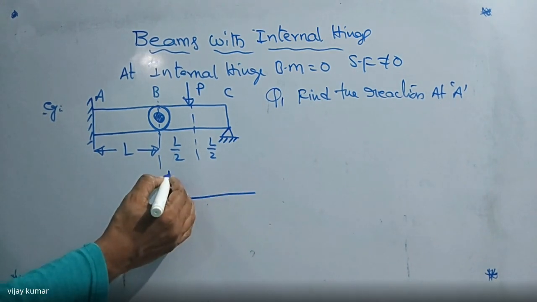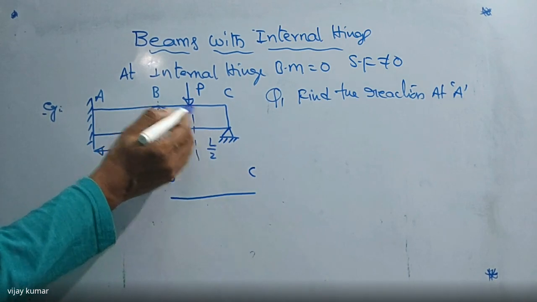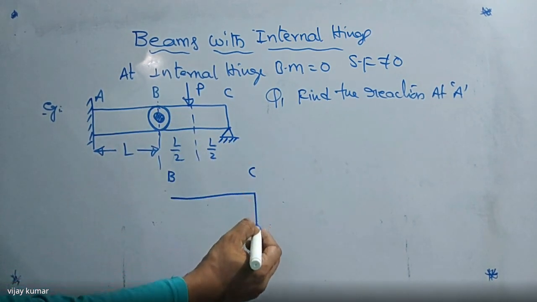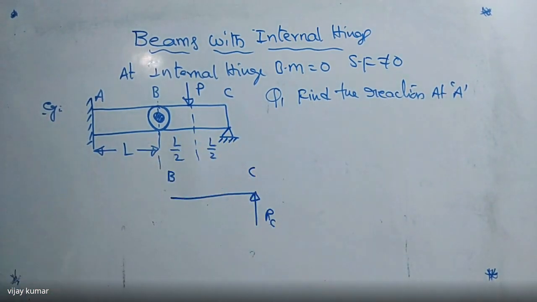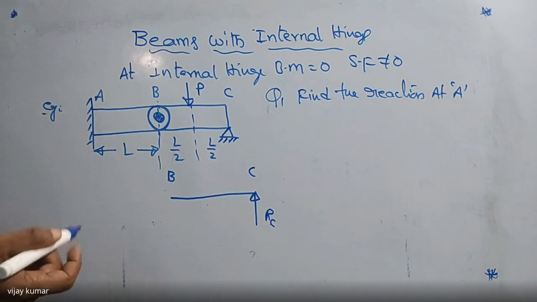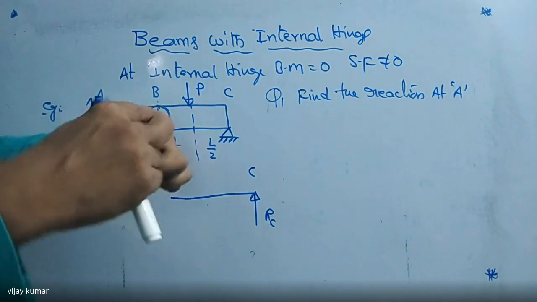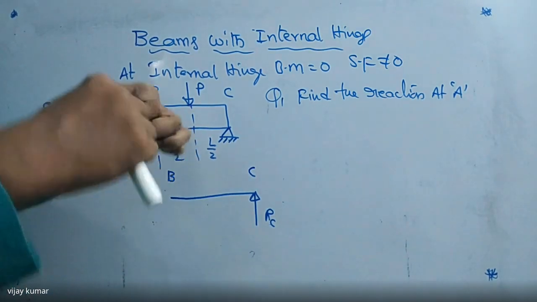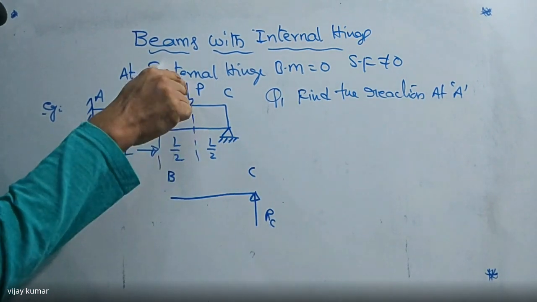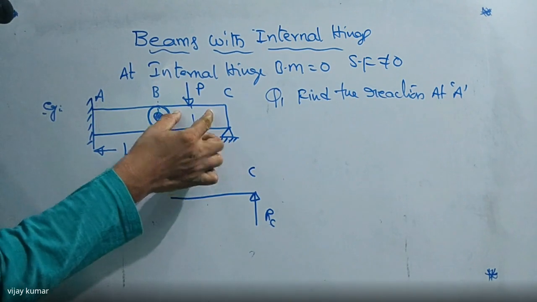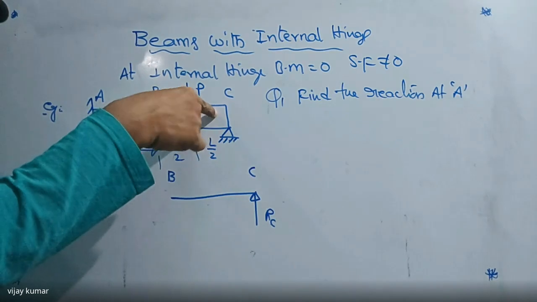Listen carefully here. This is BC. Now, this load is acting at this point, so this support must give some reactive force in upward direction, that is RC. If it is a hinge, it can rotate freely. The moment is zero, but there must be a force. When the force acts on this bar in downward direction, the bar BC tries to rotate in this direction. Is it right or not?